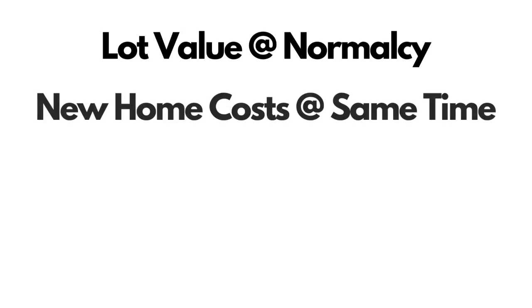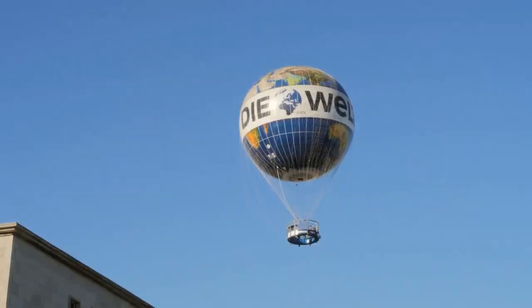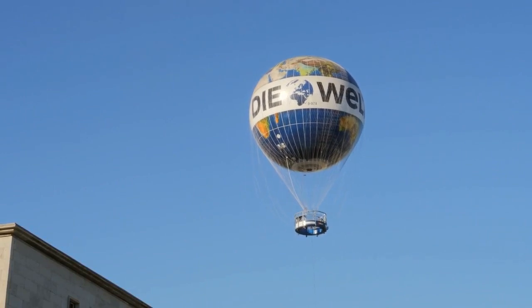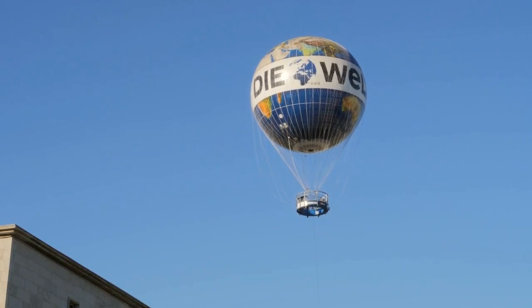First step, as I called component number one, go find lot sales during the time frame when there was a normalized market, and new home sales as a package price for homes in that same time frame. Divide the lot sale price by the new home package price to create a ratio. The reality is that when these value increases outstrip the increases in the true value anchor of home prices, which is construction costs, the lot prices end up skewed way up out of proportion based on historic norms.